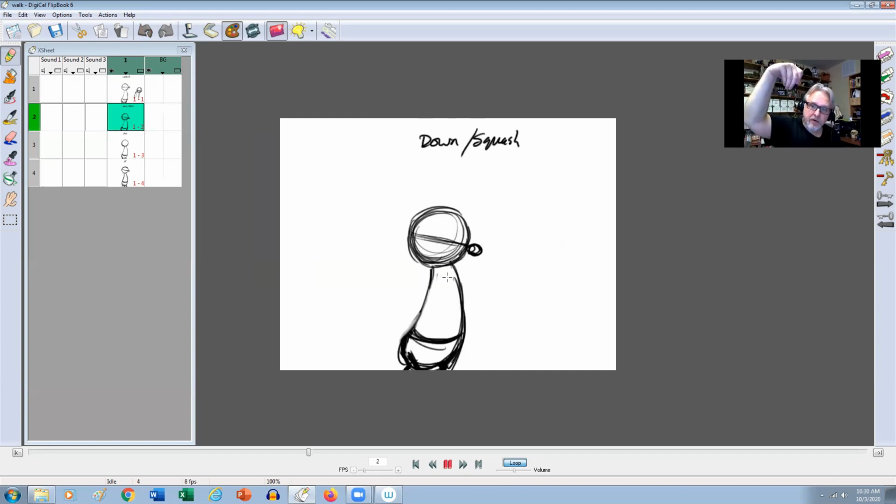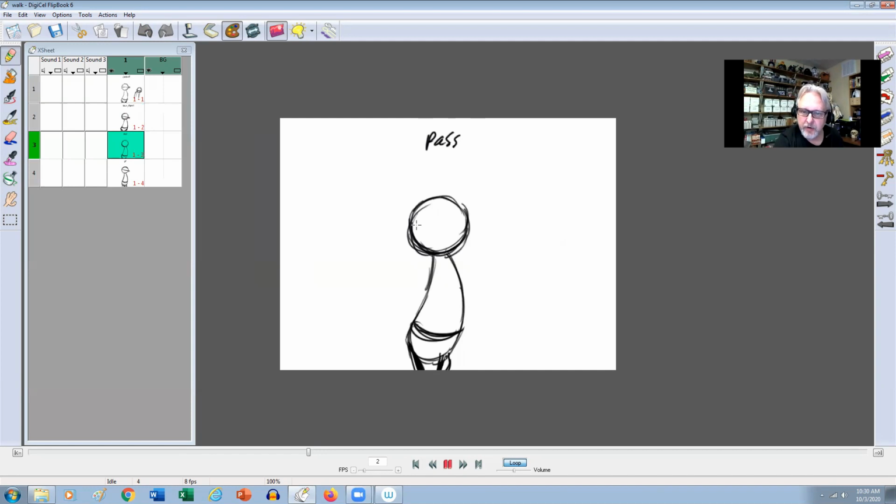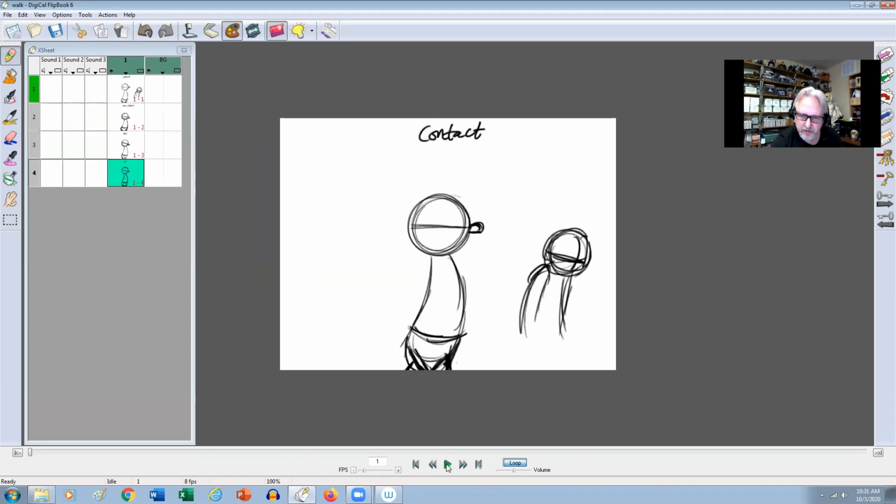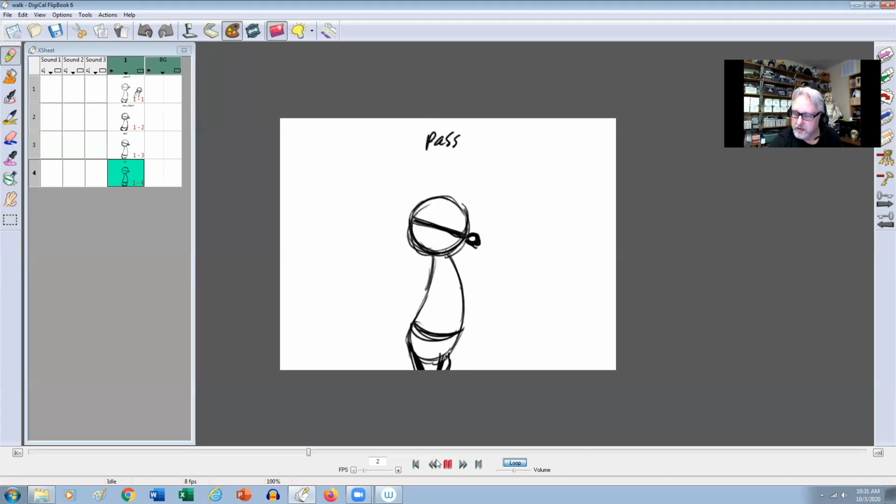Now we're going to come up from that position for the passing pose, right? So we'll have a little bit more drag. So a little bit more drag this way. Now again, you don't have to overdo this, to get some nice overlap in here, right? Okay, so there's his nose, right? So now let's play that, right? So again, 8 frames per second here, and you got a little bit of overlap,